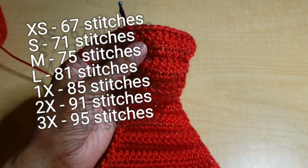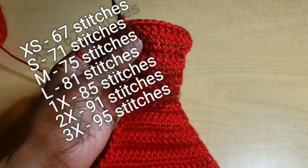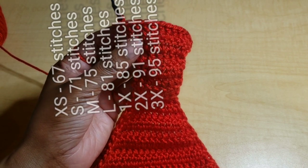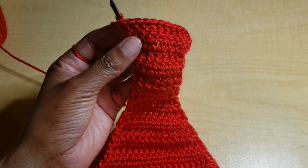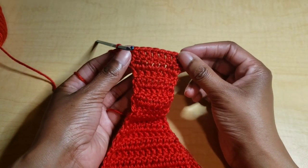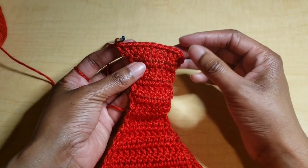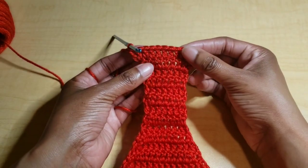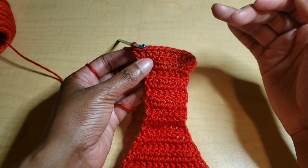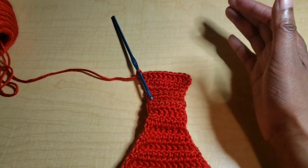1x, you will be doing this pattern until you reach 85. And then 2x, you're going to continue until you reach 91. And 3x, go until you have 95 double crochets in your row. So this is quite a bit of a step here that we're going to continue to repeat, but it's a very, very simple pattern. So go ahead and repeat this until you reach those numbers, or, and I'll show you when we get there,